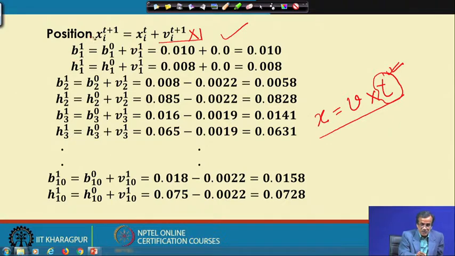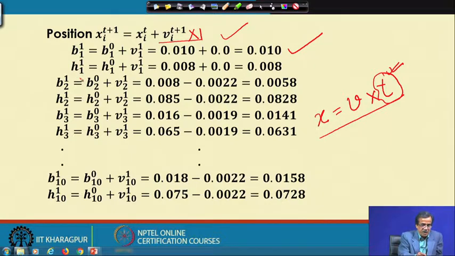Now, B 1 with respect to 1, that is the position of the first particle in the next iteration in terms of the first design variable, that is B, is nothing but B 1 0 plus V 1 with respect to 1. If I substitute the numerical values, B 1 0 is 0.010 plus V 1 with respect to 1, which I have already calculated, I will get this particular expression, that is B 1 with respect to 1.